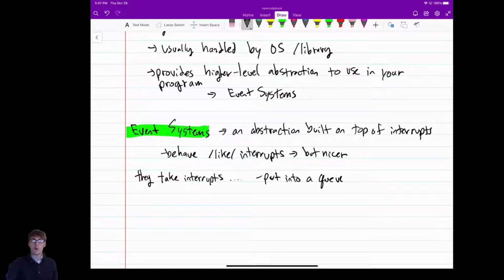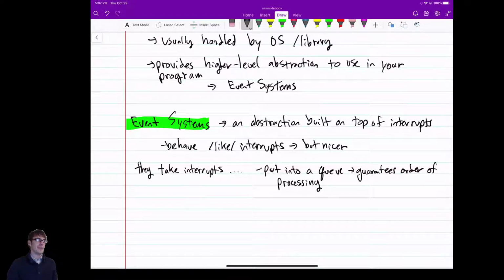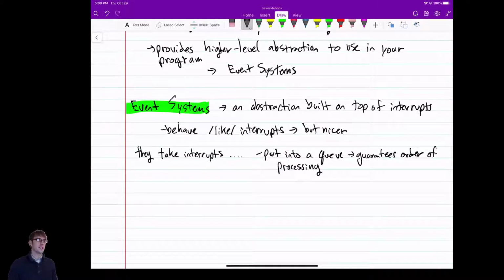This is really important actually. If, say, 4 behaviors happen at once, this guarantees the order of processing. So think about that for a second. If I get a mouse press, a mouse move, and a mouse release, or a mouse move, a click, and a mouse press, you don't want those to happen in a different order. I'm going to come back to that. So they put them in a queue, which guarantees order of processing. That's really nice. They can also get sorted and pre-processed